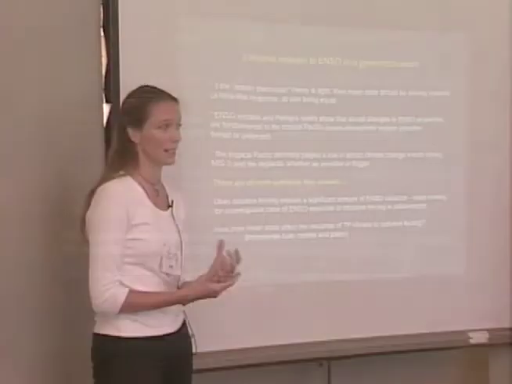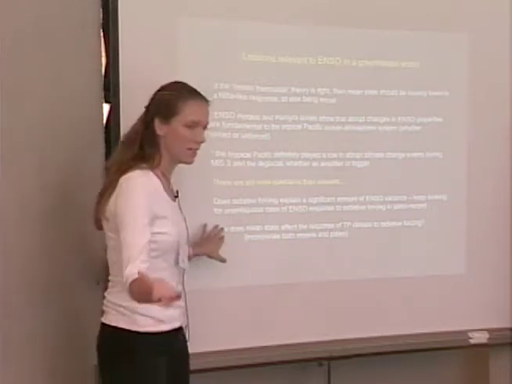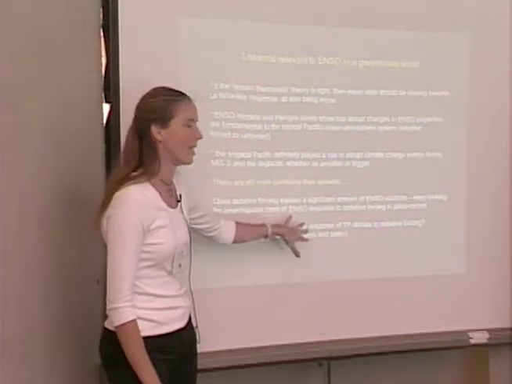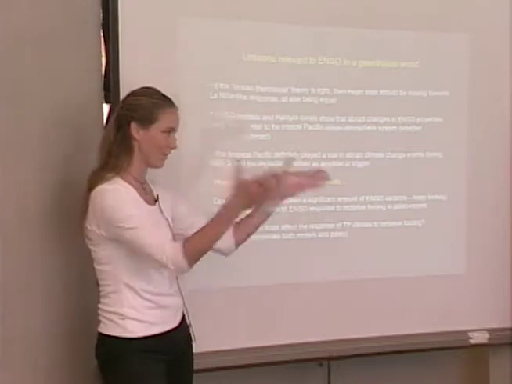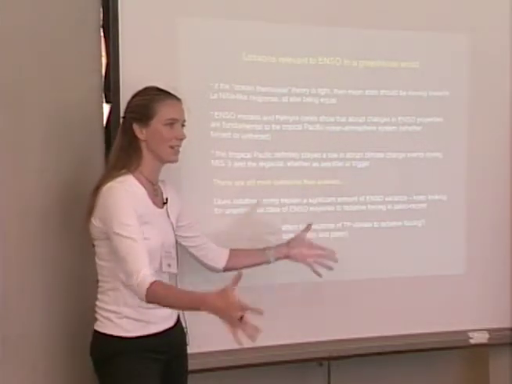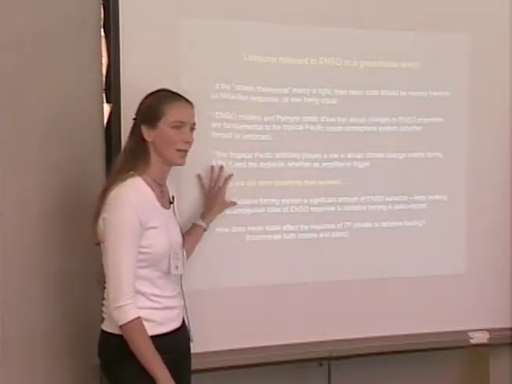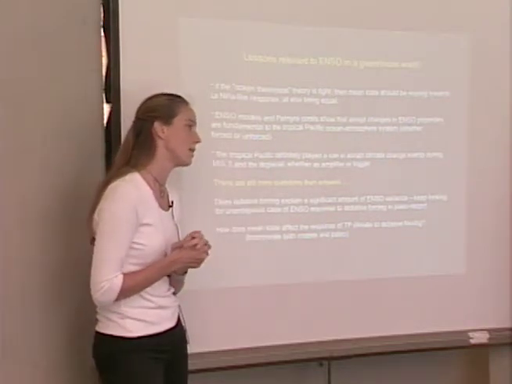Does radiative forcing explain a significant amount of ENSO variance? ENSO is a noisy beast. So, are you actually going to see a statistical response to the radiative forcing? We're going to keep looking at the paleo record for that. And the question that Carl got at, and I think the question that George has been consumed with: how does mean state affect the response of the tropical Pacific to radiative forcing? So the Cane-Zebiak model, just plugging in radiative forcing with volcanic and solar events and looking at what happens, is probably not the best way to look at it. If you're much cooler in the early millennia, maybe your response is different, extratropics. There are a whole other suite of things that need to be thought about before you can answer that.